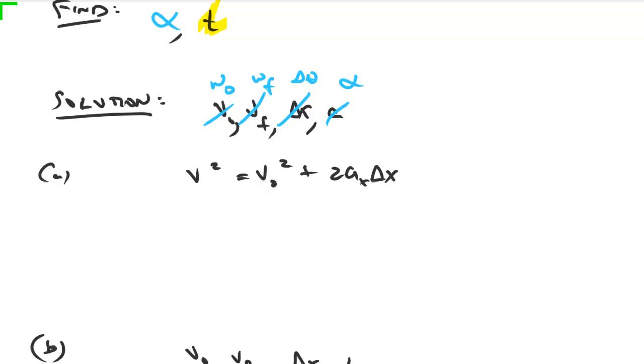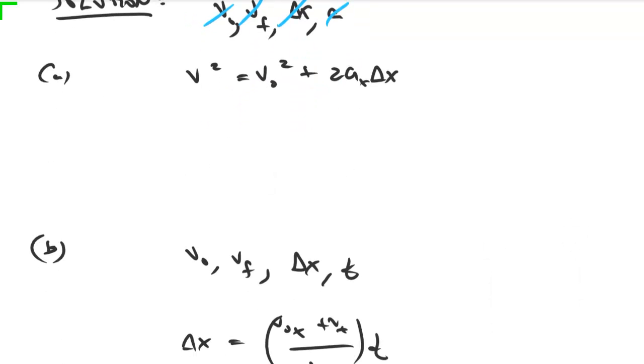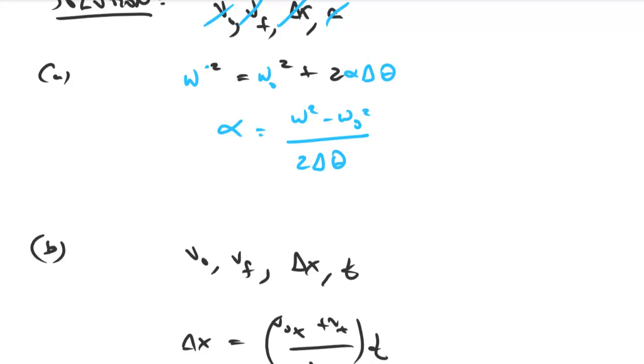And then, so the solution, now we're looking for something with omega naught, omega final, delta theta, and alpha in it, which is the same exact equation here. Becomes omega squared equals omega naught squared plus 2 alpha delta theta. And, right, so then alpha